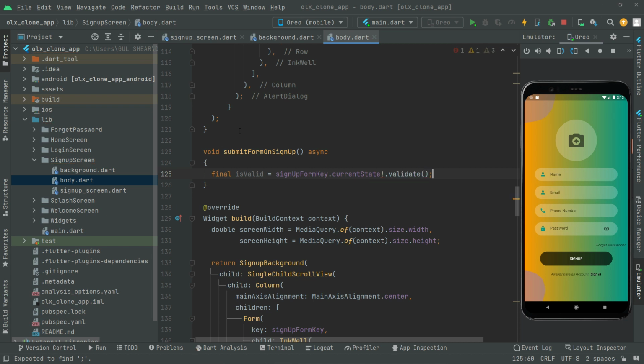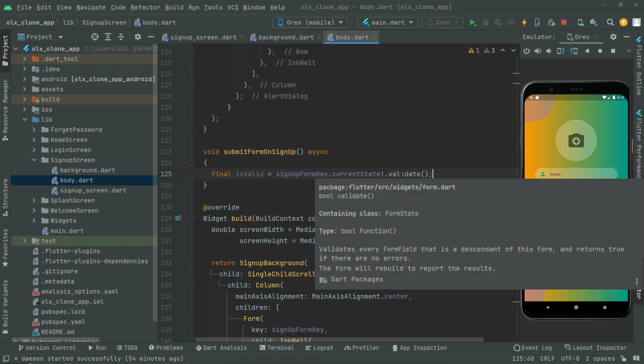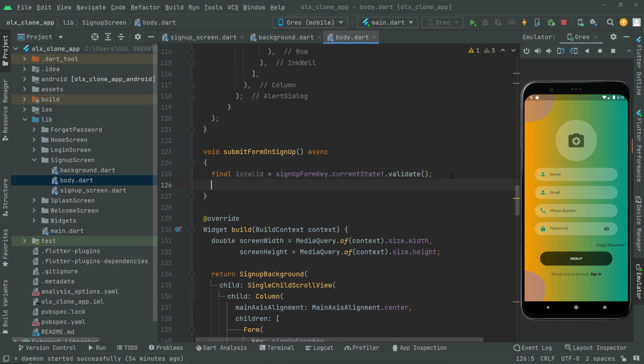So if the sign up key right on the current state is valid, okay, then simply we will just assign that right in this isValid, and it's going to be valid then. Then also in here we'll say if, and we're going to check that isValid. If isValid, what we will do